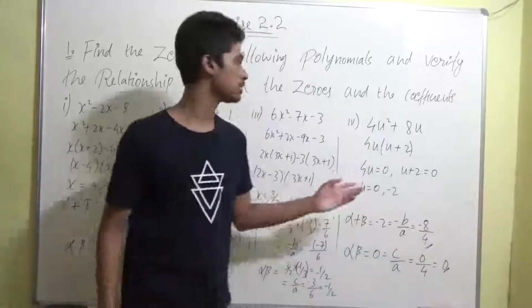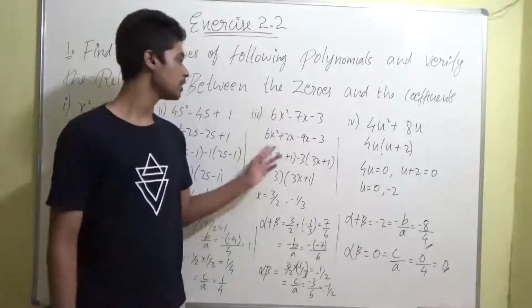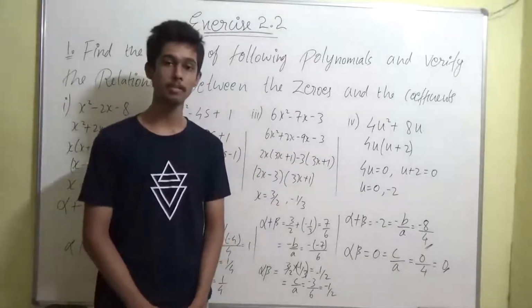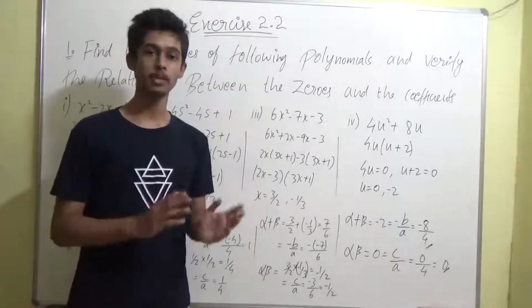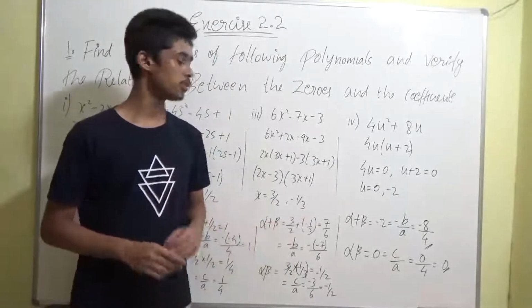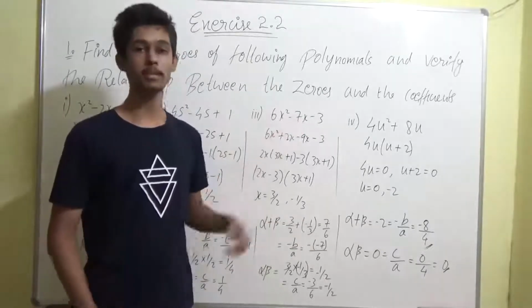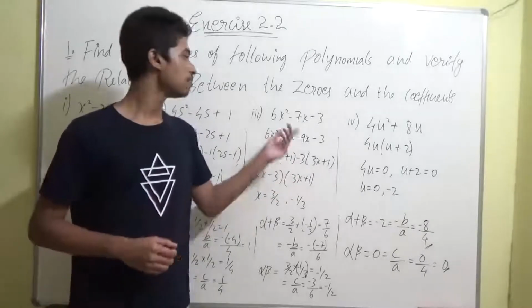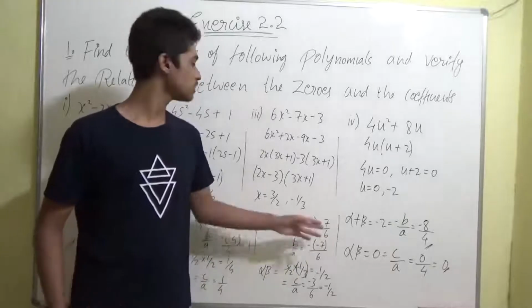Now let's go to the third part of the first question, that is 6x square minus 7x plus 3. Now if you follow the splitting of middle term and try to find the zeros, you'll get the two zeros as 3 by 2 and minus 1 by 3. Now if you add them, that is 3 by 2 plus of minus of 1 by 3, you will get the answer as 7 by 6, which should actually be equal to minus b by a. Here b is minus 7, so minus into minus 7 is going to give us 7. By a is 6, so it is going to be equal to 7 by 6, which is also equal to